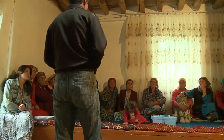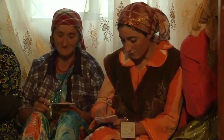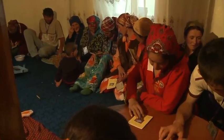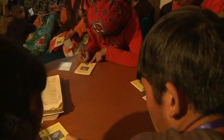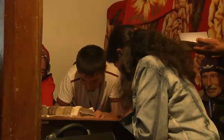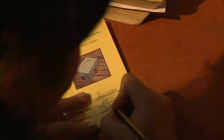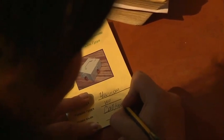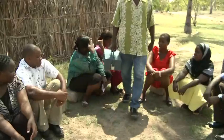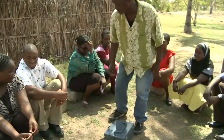In order to track the individual savings and loans of the members, CBSGs use a simple passbook for groups with limited literacy skills. Each member has their own passbook, which contains information about their individual share purchases and outstanding loans. The cover of the passbook contains the group name, group number, member name, and member number. The front half of the passbook tracks each member's shares, and the back half of the passbook tracks their loan transactions. The passbooks remain in the cash box in between meetings to ensure there are no modifications to the records